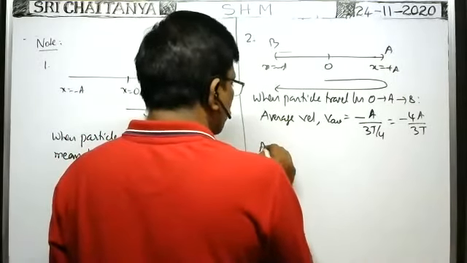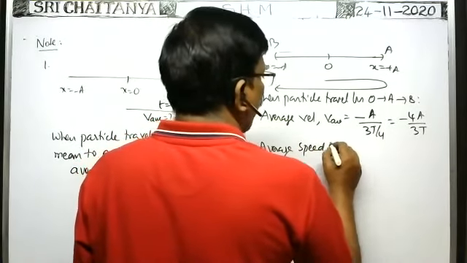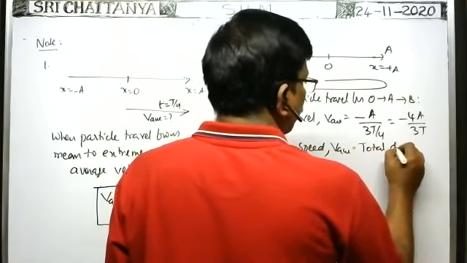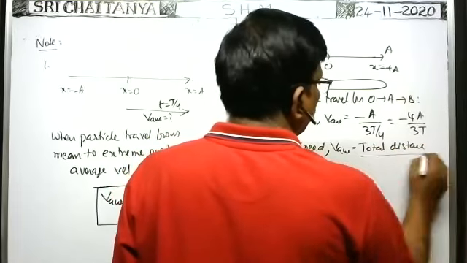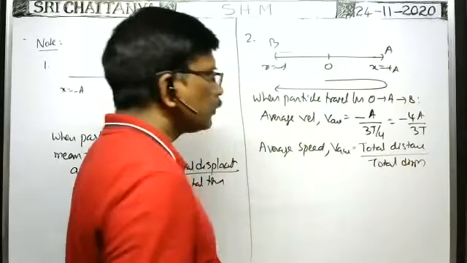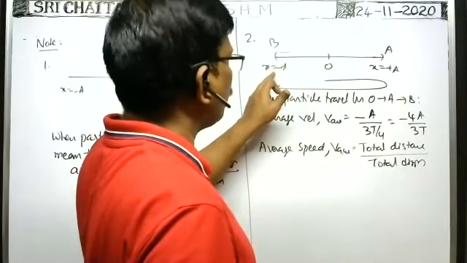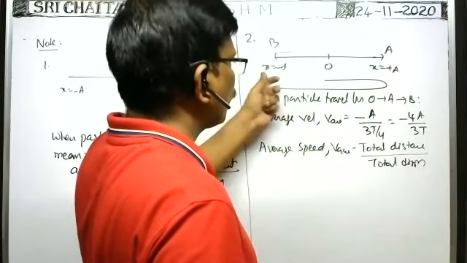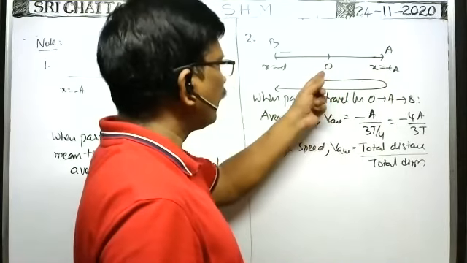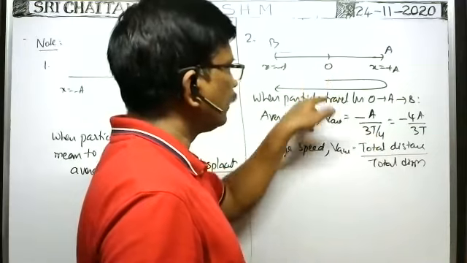Average speed, what is it? Tell me. Average speed formula is the same. Here average speed means total distance by total time. Total distance by total time, that is the average speed. Whenever the particle travels from this position to this position, the initial point is this one and the final point is this one, that's why displacement is this one, that is equal to a. But initially the direction of motion is towards right, whereas the final displacement is in the opposite direction, that's why we had to write minus a by total time taken.